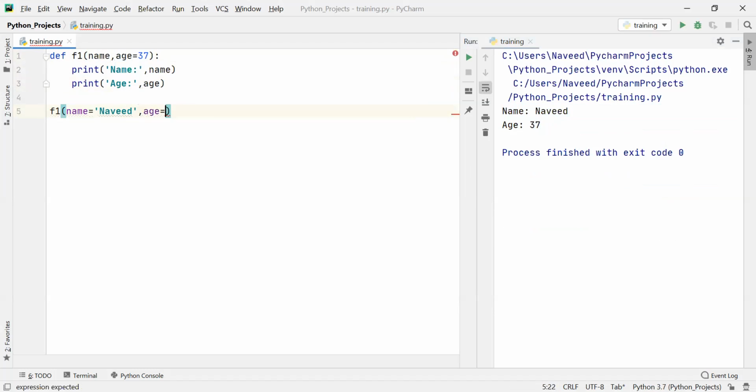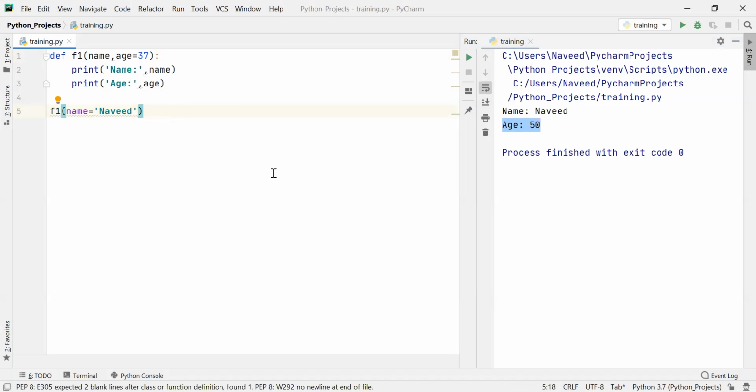Okay. Now, if I try to pass the value, it will take that value, whatever value you give. So let's say if I give age equals to 50. Okay. So in that case, it will take whatever value you are passing. But even though if you don't pass, then it will take the default value. So this is something which we call a default argument. So here, age is a default argument, which assumes a default value if a value is not provided in a function call for that particular argument.